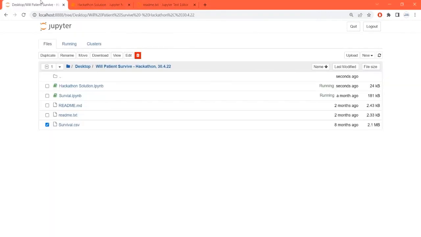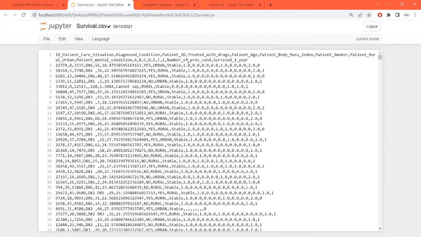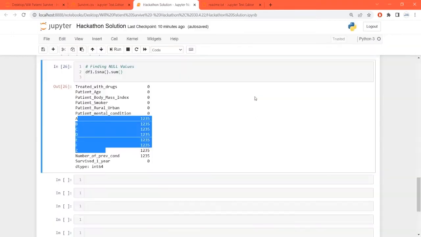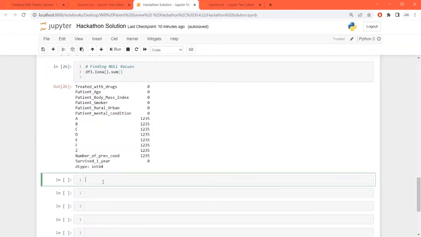What you can directly do, if you look at the data set, survival.csv, you can see the maximum of those A, B, C, D, E, F, Z are nothing but 0 0 0 0 0 0 0. So even if they have null values, like say 0 0 0 1 0 0 0, in the maximum cases you are having 0 only. So I can replace those null values where you are seeing commas here by 0 itself. It's my understanding, but of course it can be different for yours. Again, I'm saying the purpose of the dataset is to give you an overview of how a machine learning model is prepared and how to get the recall parameter, but not the best recall parameter. For the best recall parameter, I would compare all the models.